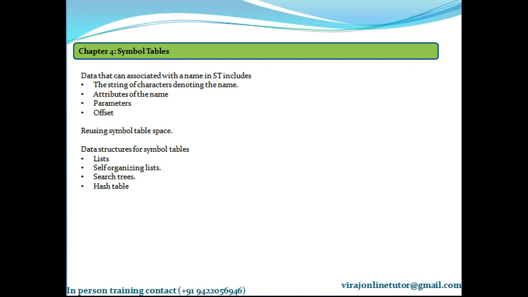The motivation for using the self-organizing list is that the names which are referenced frequently will tend to be at the front of the list, because we ourselves are self-organizing the list. If it is accessed, then we get it to the front of the list, where it will be found very quickly.